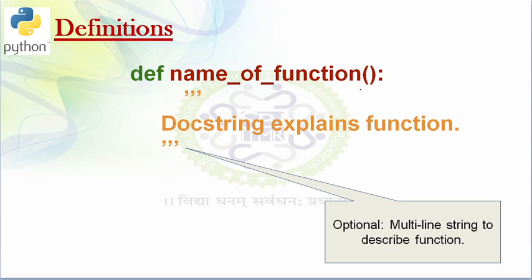So for example, if I am writing a function, I know well what my function is going to perform, but suppose some other person is going to check or run my program, they may not understand the task of this function. So basically for documentation purposes, this docstring is usually provided.